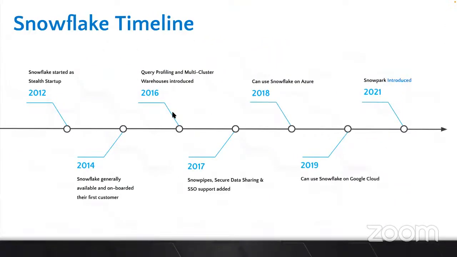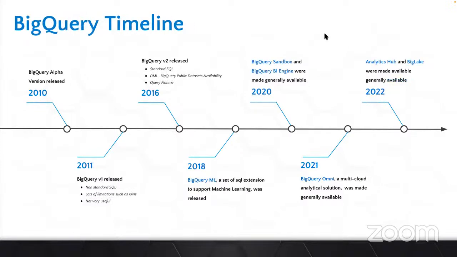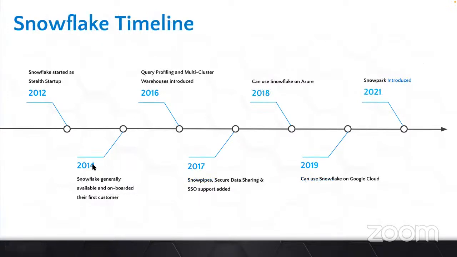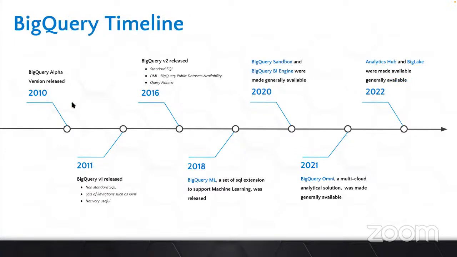So this is the evolution of Snowflake, and we related it with the regions that we have, and for AWS, Snowflake has the best support, because it is available in so many regions. Now we have BigQuery. BigQuery has evolved, and it is more than 10 years old. It's not something new, and Snowflake is also not very new now. It started in 2012, so more than 10 years. But the first customer was onboarded in 2014, so approximately 9 years.